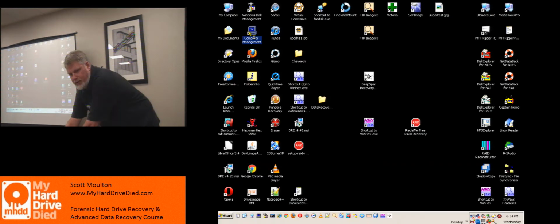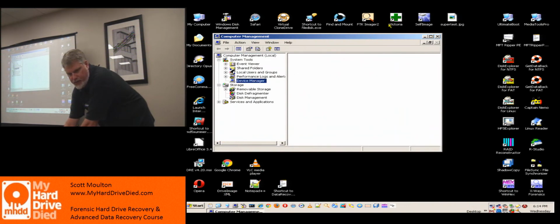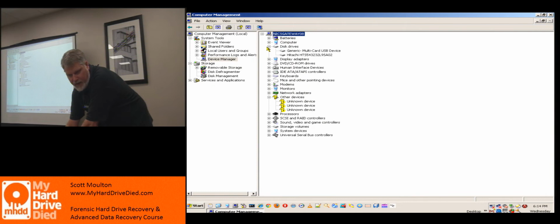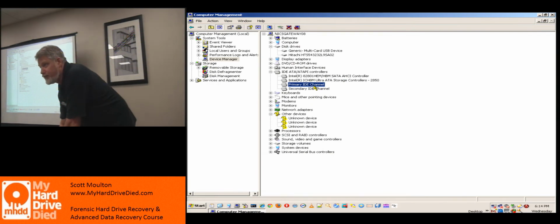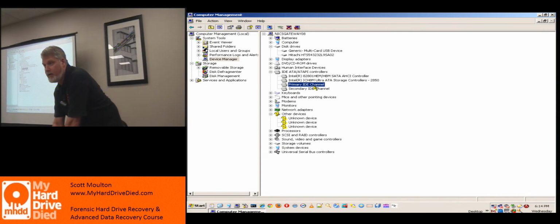It may be difficult to get to, but you can go into computer management, and those of us that are old enough to remember when Windows 95 came out, this is one of the things that we added. There is an IDE interface, and in your IDE interface, Windows 95, when it first came out, it wasn't until OSR 2, the second version of Windows 95, that you had 32-bit communication. So 32 bits didn't exist at that time.